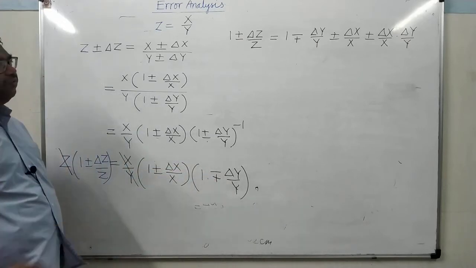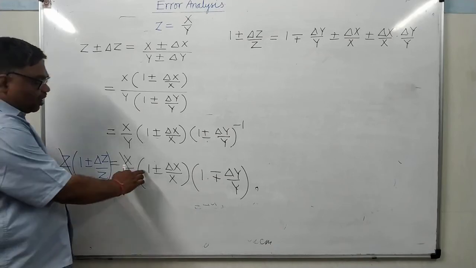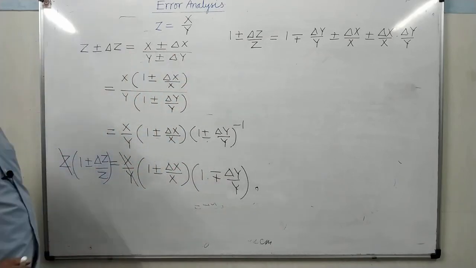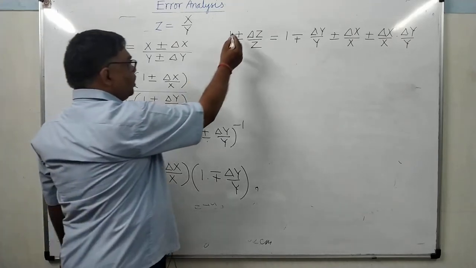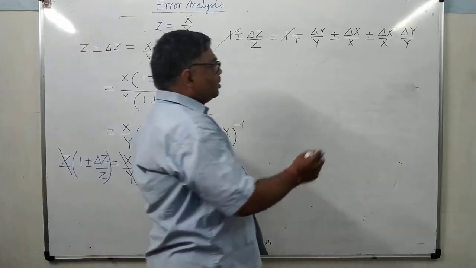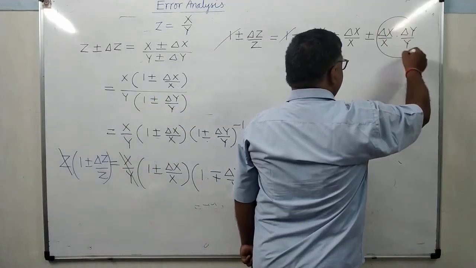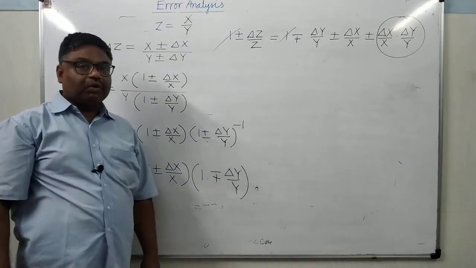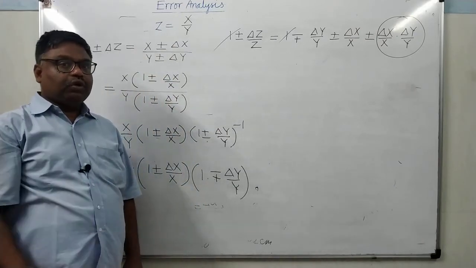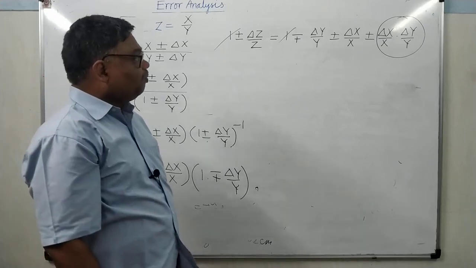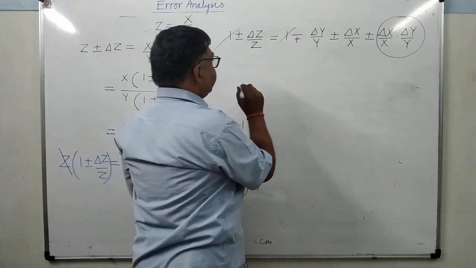So that will be written with that. It's clear. So 1 into this bracket, then this into this whole bracket. So you will get this. So 1 and 1 will be cancelled. You can see here, this is the product of two relative errors. Relative errors are a very small quantity. Product of two relative errors, and relative errors are very small quantity. So it will become very, very small, so it can be neglected.